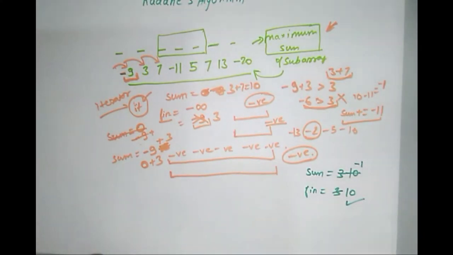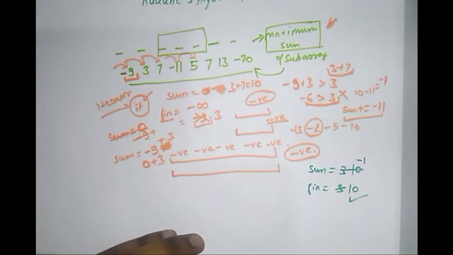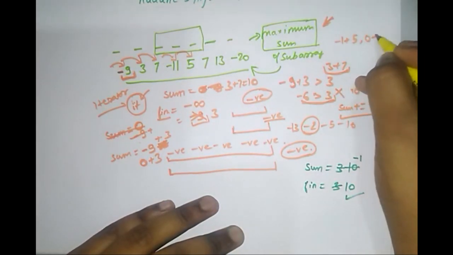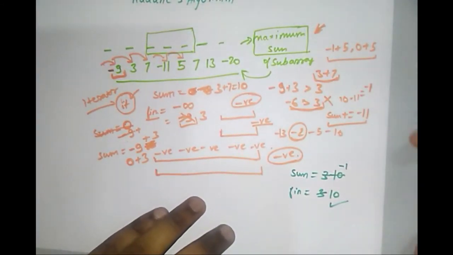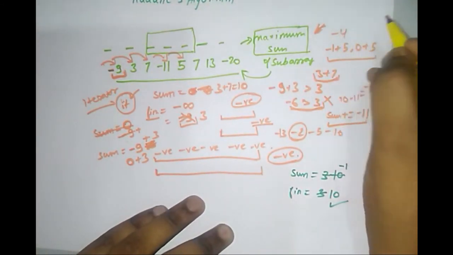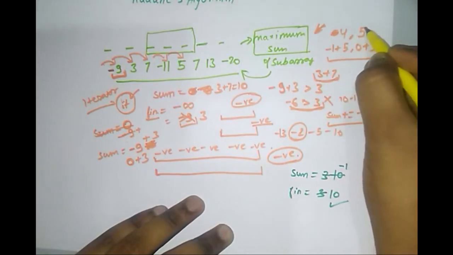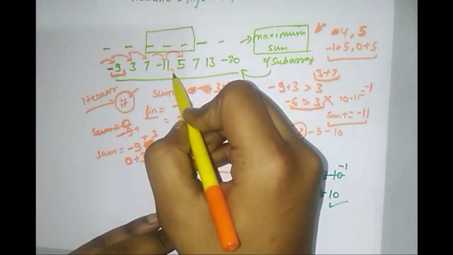Okay, and now minus 1, we will be iterating it to the next element, minus 1 plus 5. So is minus 1 plus 5 greater than 0 plus 5? No, minus 1 plus 5 is not greater than 0 plus 5, because minus 1 plus 5 is equals to 4, and 0 plus 5 is 5. So we will not be considering this